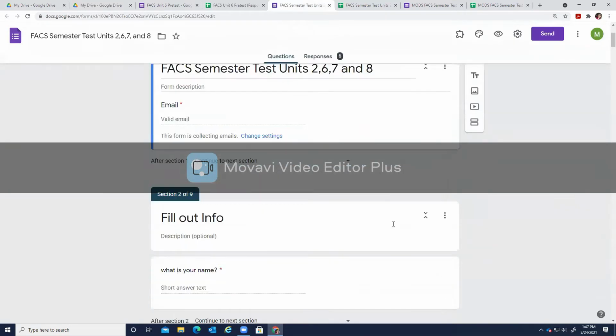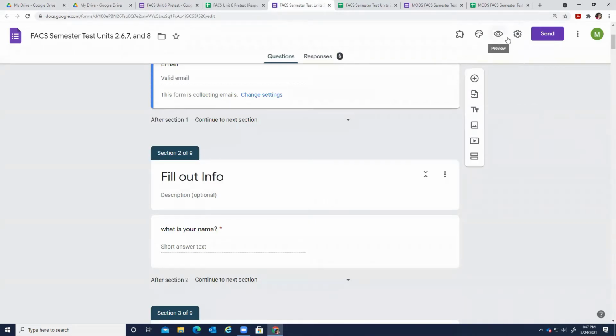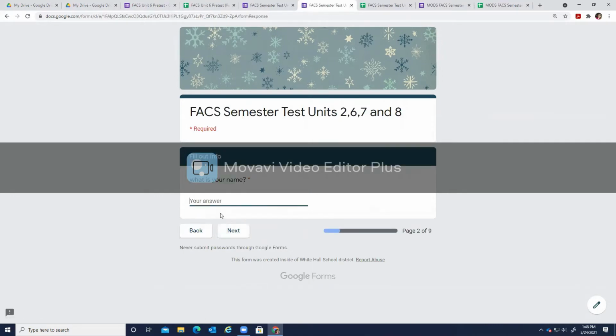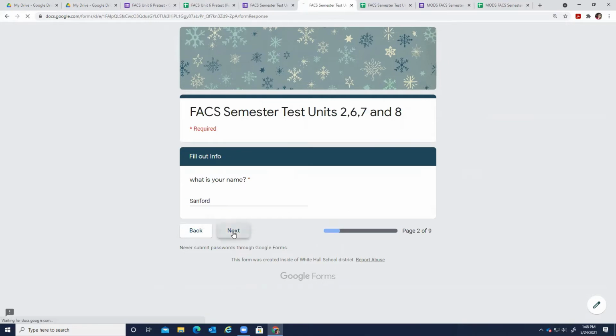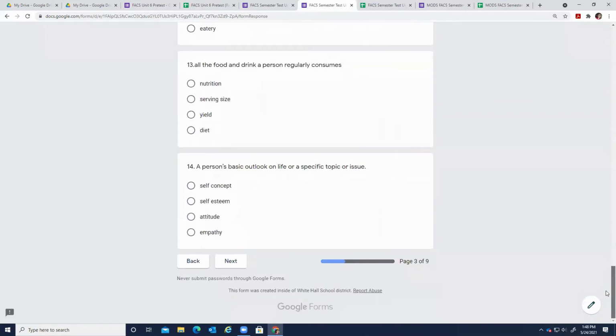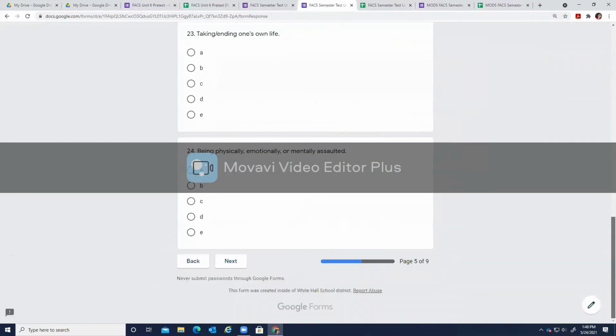After you make the test, the first thing you want to do is take the test yourself, because when you take the test, your answers are going to be the answer key. If you hit this little preview, I think it looks like an eyeball, and you click that, this is how the students see the test. So you're going to take the test yourself, just like you're a student. I've already done this. I'm just showing you how I go through it. So then you would go through and answer it. Just make sure when you get to the end of your test that you're giving your students